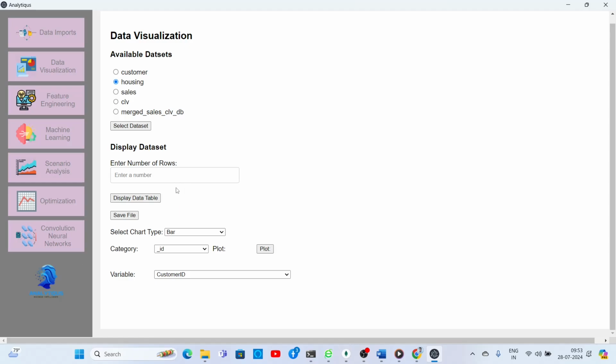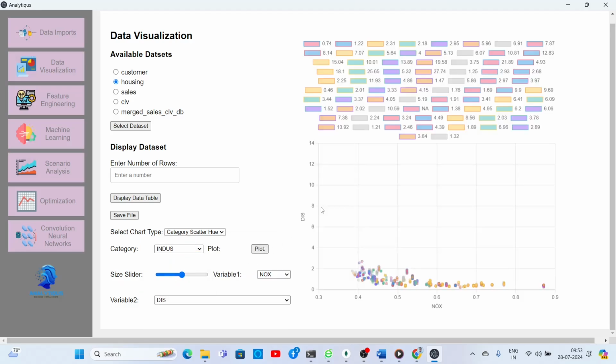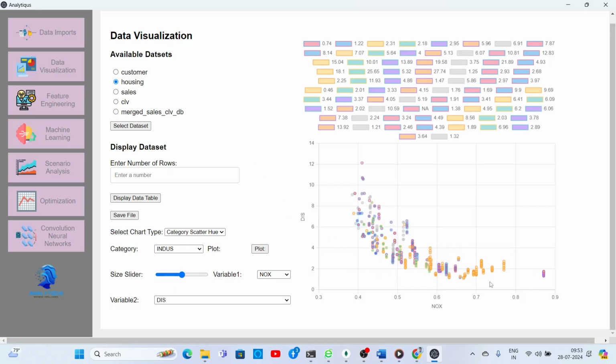If you want to display the table, you can, but no need to do that. Let us produce a category scatter chart here. You can select any variables here. Let us select this one. You can select any categories and produce a chart. So you have this chart available.